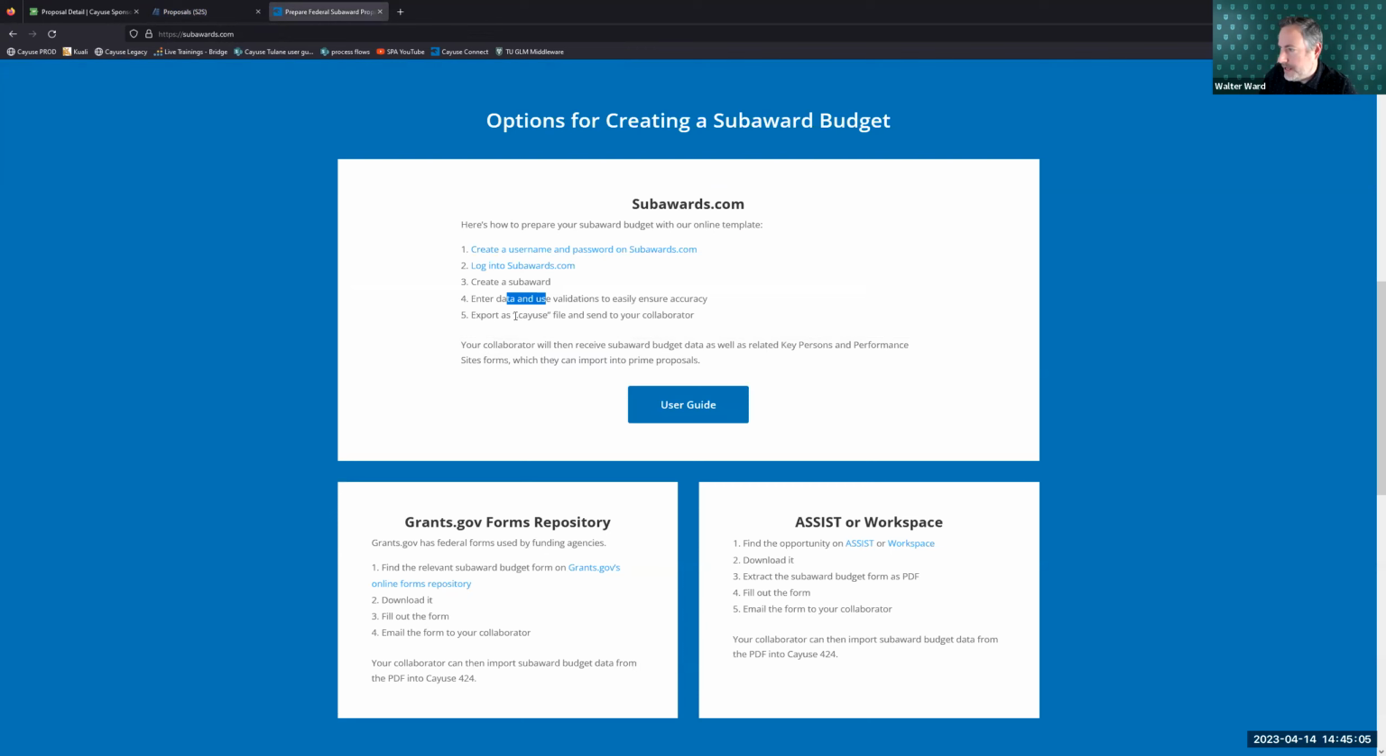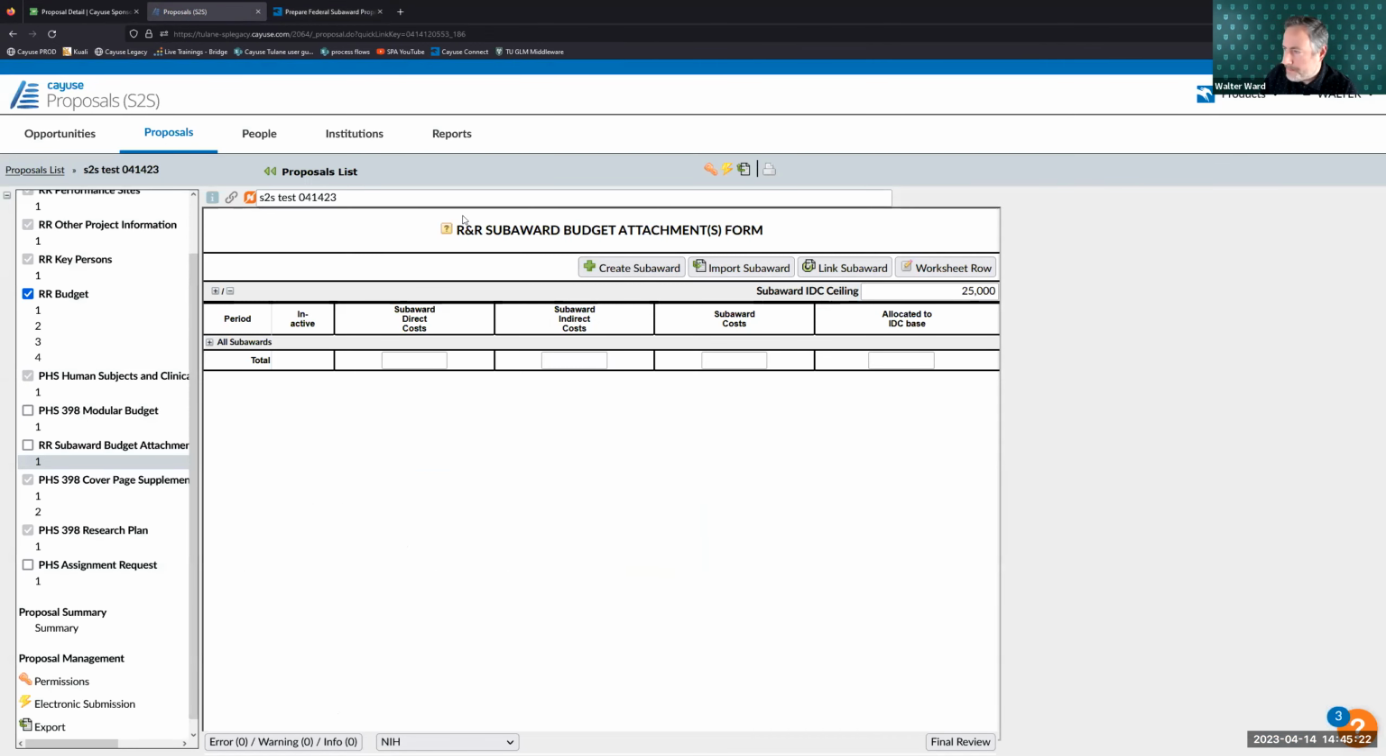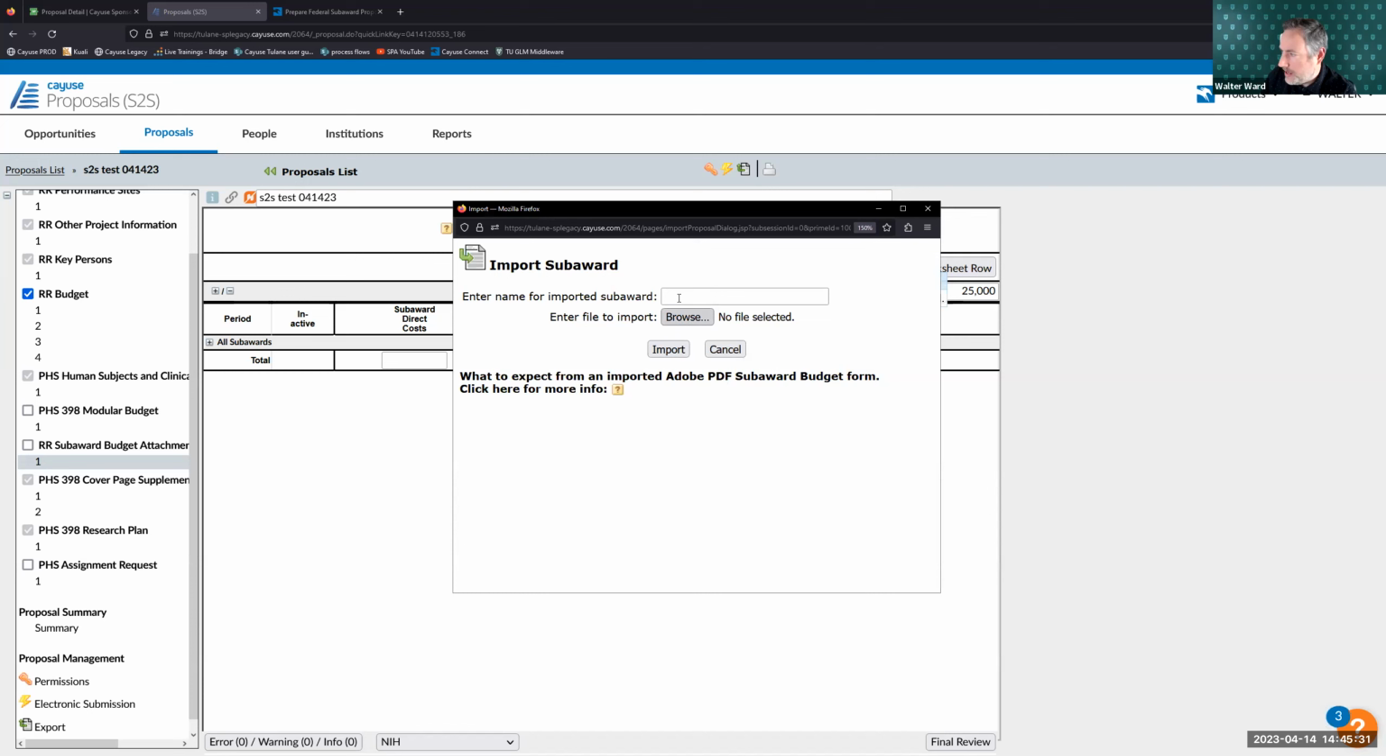And then they will export the file, and it's going to be as a .cayuse, the same way you would see a .pdf or a .xls file. It'll create this file and they'll email it to us. And all we do is import it into our system. And I'll show you how good that looks when we do it. We'll talk about the other two methods too, but okay, say you got an email from that other university for the subaward. All you do is click import subaward, and we're going to name it